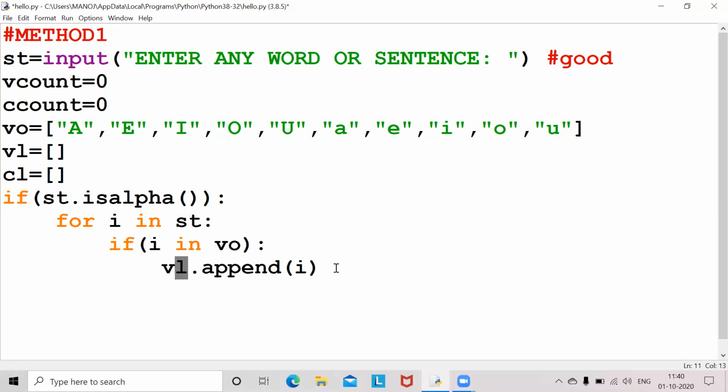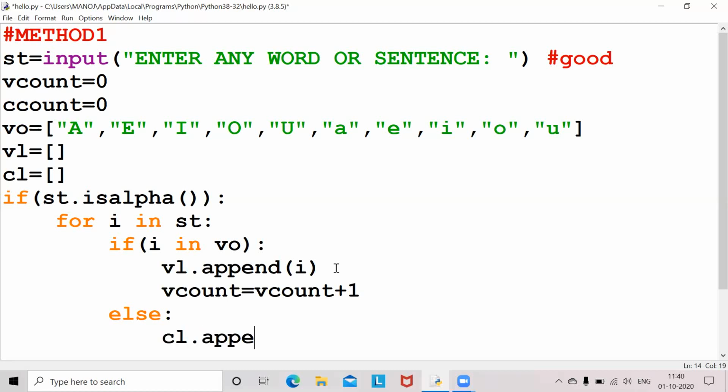As O is added to vl, we should check how many vowels are present in the vowels list. Now v count is equal to v count plus 1. If it's not a vowel, then it's a consonant. Now let's check.